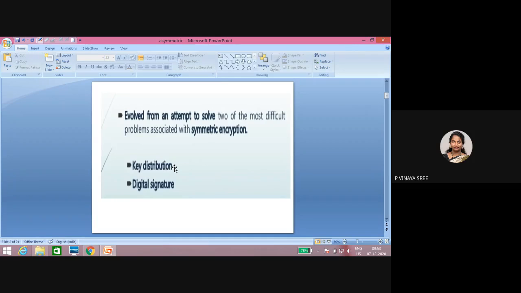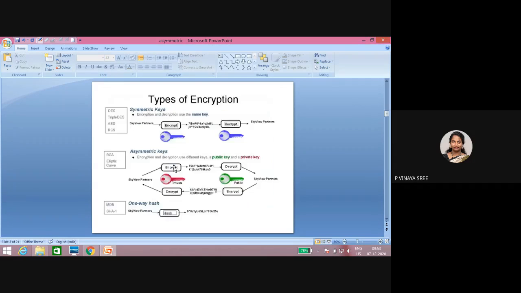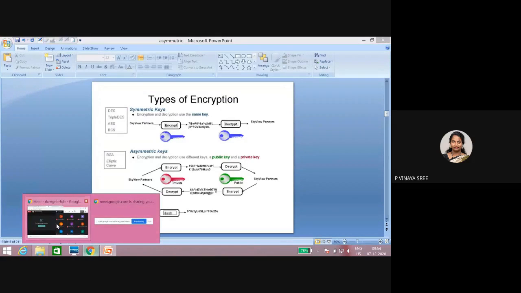Why? Because the same key is used. Let me show this. See here, this is symmetric key, also called, note down in your notes, a private key. The same key, see here, the key in blue, is used for encryption as well as decryption. Whenever sender and receiver communicate, let me show with an example.